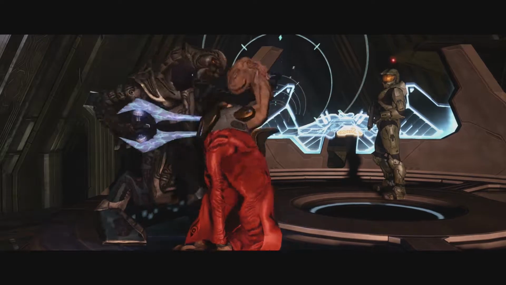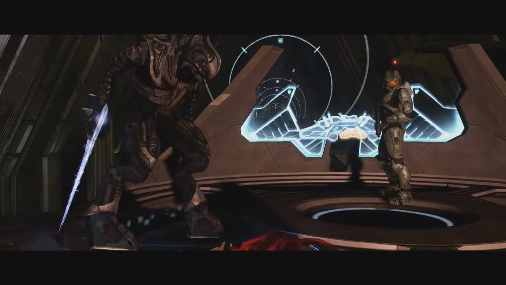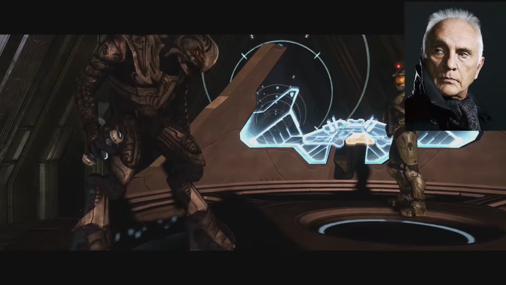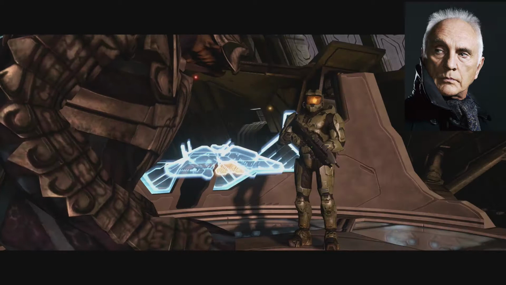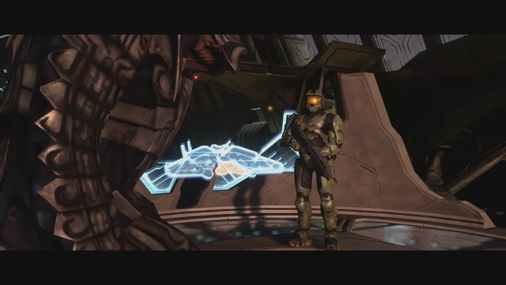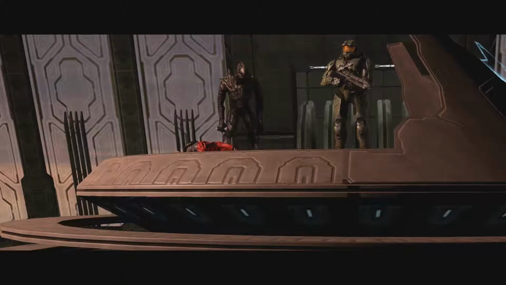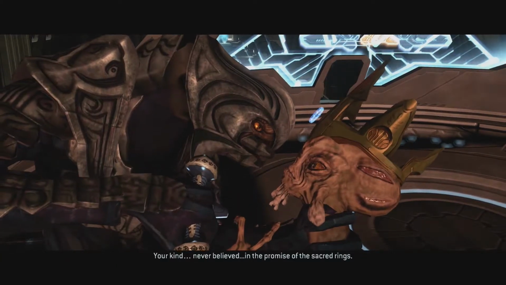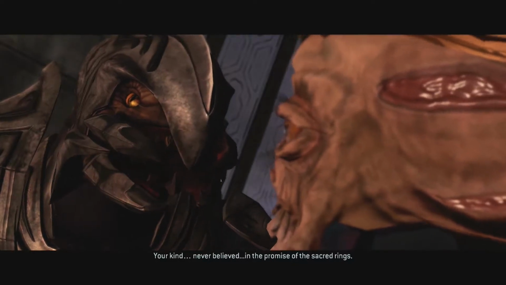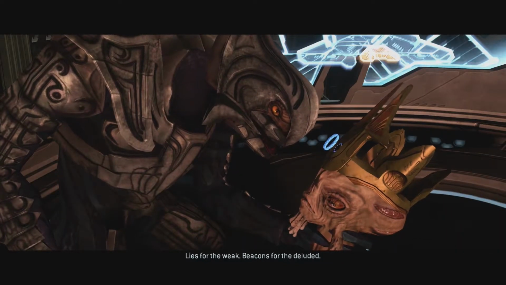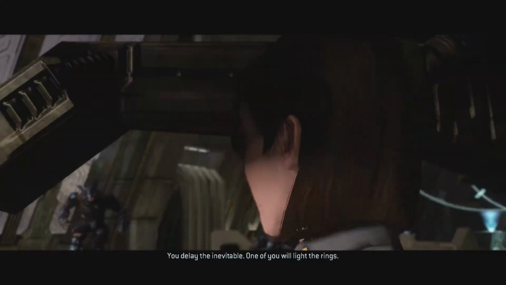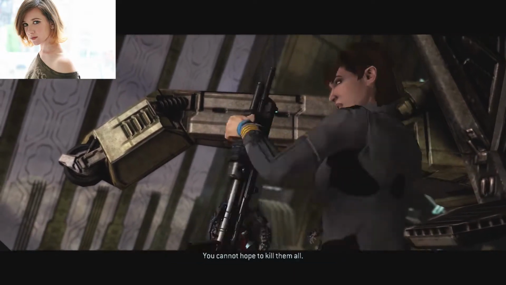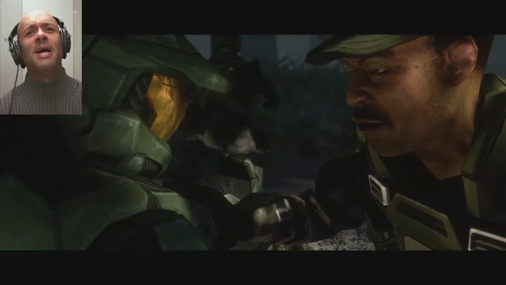Another award-winning actor who decided to bring his Golden Globe presence to the virtual world of entertainment is Terence Stamp. Terence gave us an absolute treat with his work as the Prophet of Truth, and Terence is best known for a lot of different roles he has taken on the silver screen, with one of his roles being Supreme Chancellor Valorum in Star Wars Episode 1. Other lesser-known voice actors that still delivered phenomenal performances are Justis Bolding as the voice of Miranda Keyes and David Scully as the voice of Sergeant Johnson.